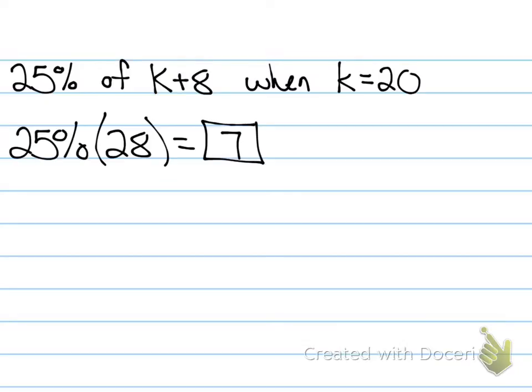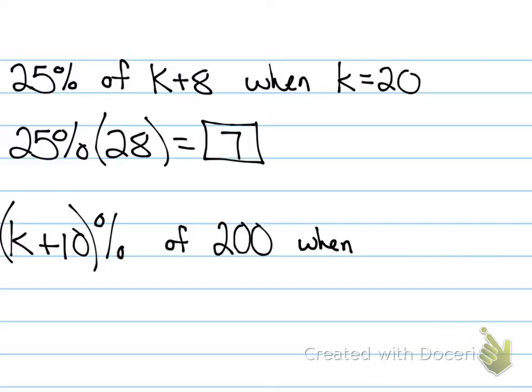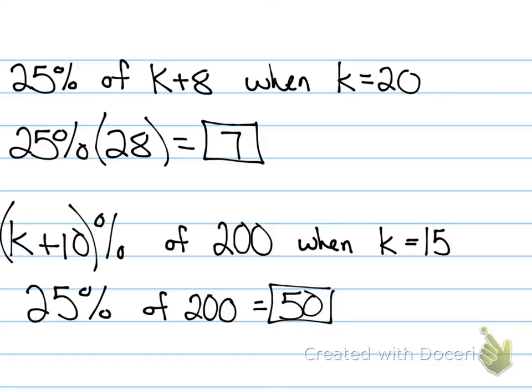Same thing with 20%. You're just dividing by 5. What about this one? All right, so substitution, multiply, and again, 1/4 of 200 is 50. Another way you can figure it out is what's half of 200? 100. What's half of 100? 50. All right, guys, that is everything you need to know for 7.1. That was super